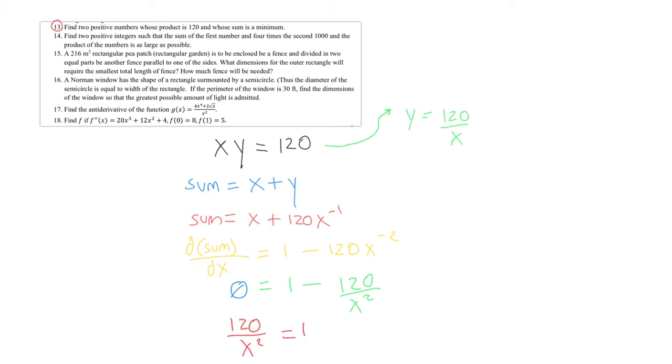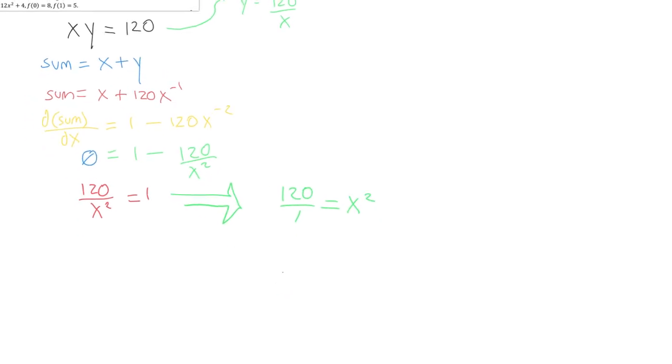I've learned that whenever you have a variable in the denominator that you want to solve for, and the fraction is here by itself, and you have just a single monomial over here, it's actually not a bad idea to just swap this with that one. So in other words, that whole equation could be rewritten as 120 over 1 equals x squared. Now, that means that x equals